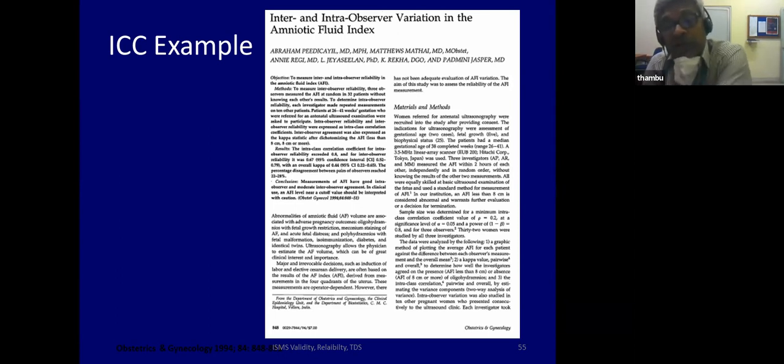Now you hope that from doctor to doctor there's no variation. All the doctors must give the same answer for the same patient. So it's very important that there's no intra-observer variation, meaning the same doctor measuring twice on the same patient on the same day should get the same amount. There should also not be much inter-observer variation, that is, between two doctors on the same patient on the same day. This particular publication was published in the Journal of Obstetrics and Gynecology.